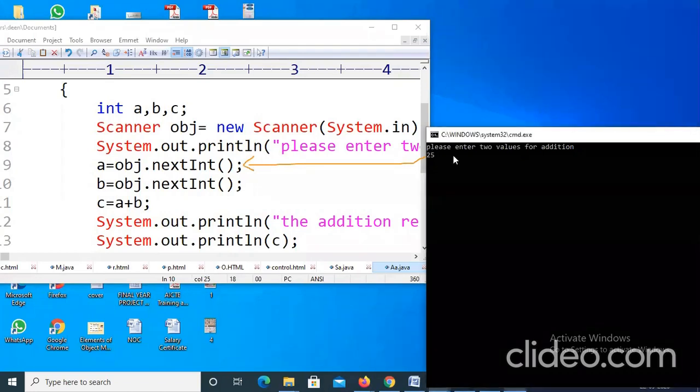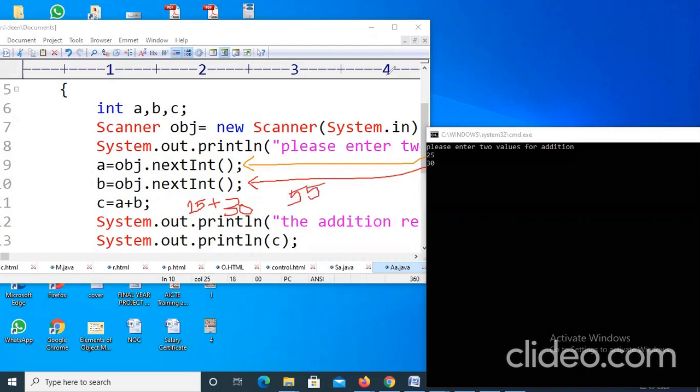After that, I have given 30, so the value 30 will be stored in B. Here, C equal to A plus B means it will add 25 and 30. So the result is 55, and this 55 is stored in C.